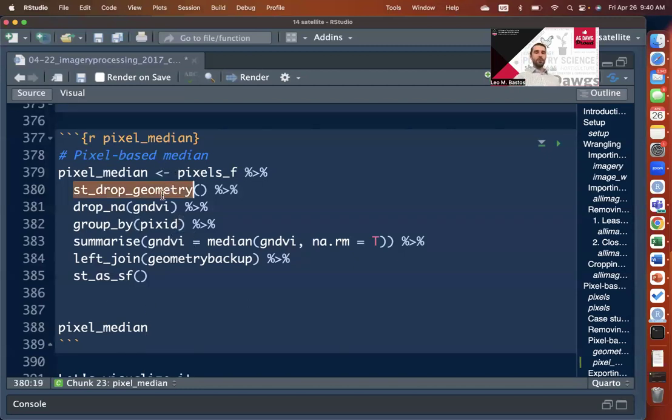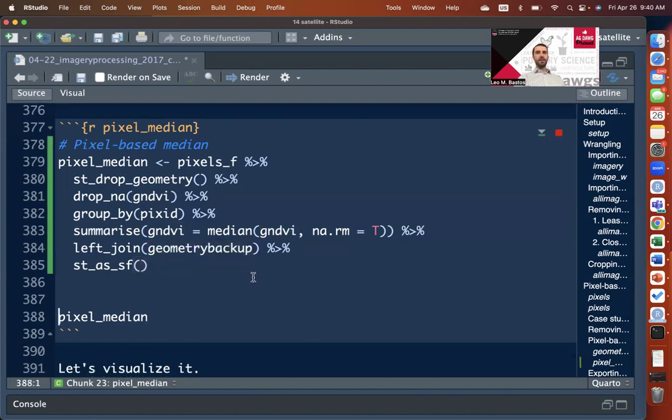So dropping geometry, dropping NAs, grouping by pix ID. Remember, if you group by pix ID, then you're able to calculate for each pixel the median of the growing season. So then we're doing that with a summarize. After we do that extraction of the median, we bring back the geometry with the geometry backup and then transform that to SF. So if we go ahead and run it,